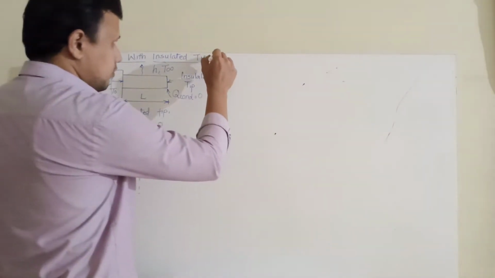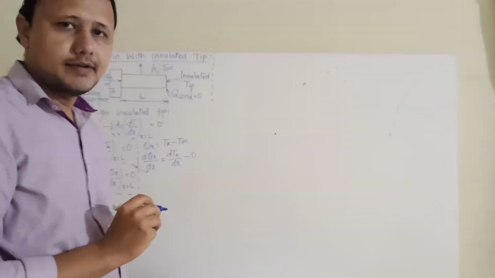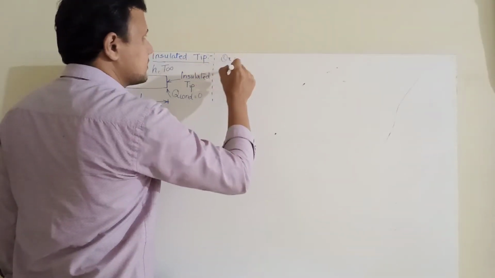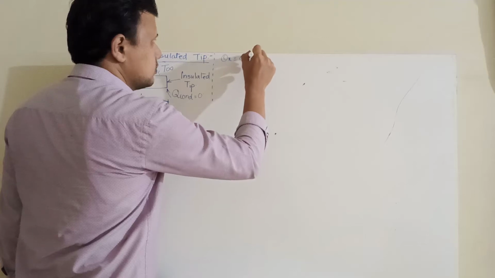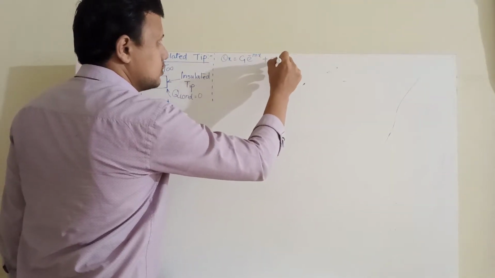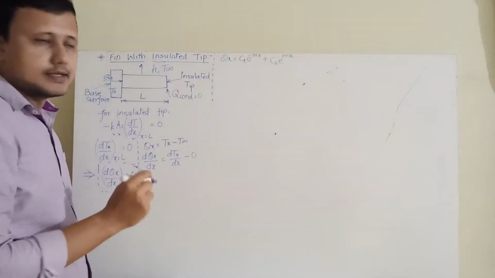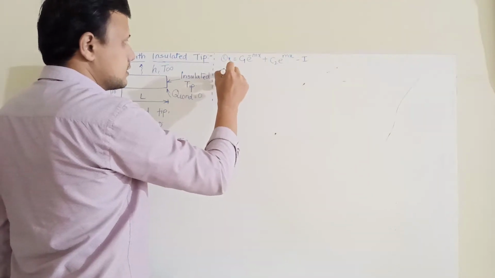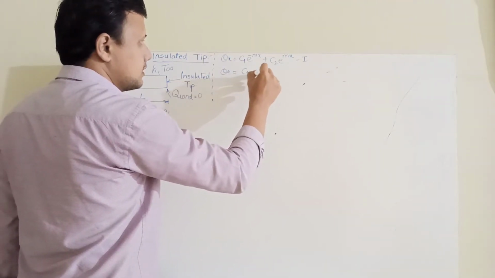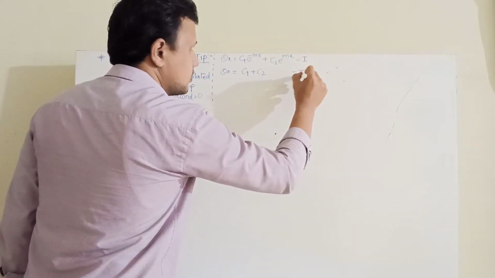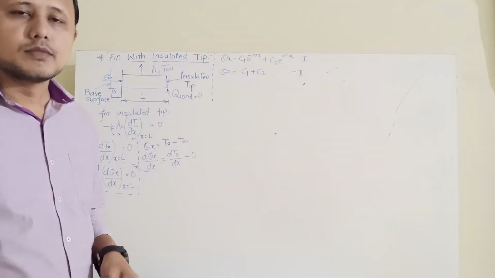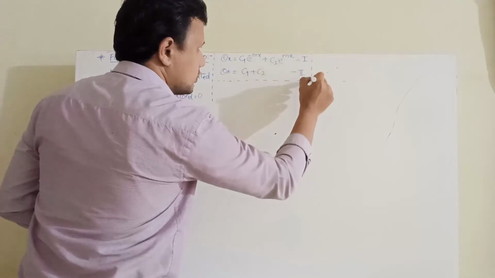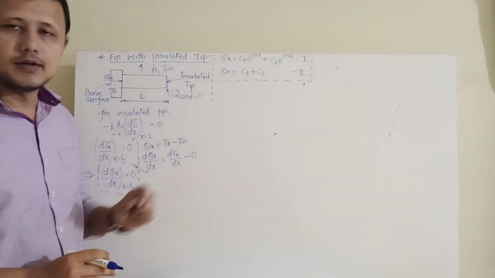So that's the first thing that we derive from here, and we will utilize it for our benefit. During the derivation of the governing equation, we derived two major equations. We know that theta_x is equal to c1 e raised to minus mx plus c2 e raised to mx. That's the first major equation. And the second major equation is theta_0 is equal to c1 plus c2. Now I'm going to write these two equations in front of you so that you continuously remember them and we can use them in our derivation.